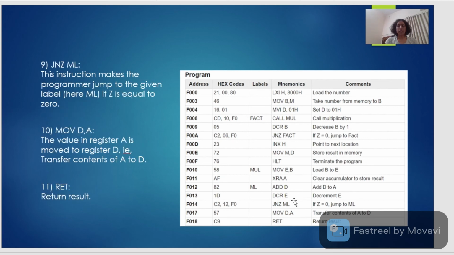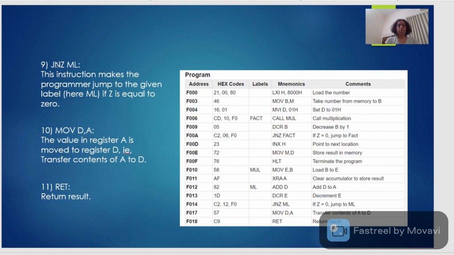Now JNZ ML. Here it is written that this instruction makes the program jump to the given label, here it is ML, if Z is equal to 0.